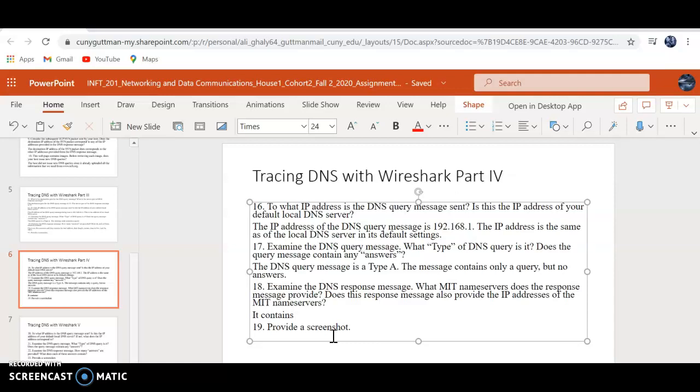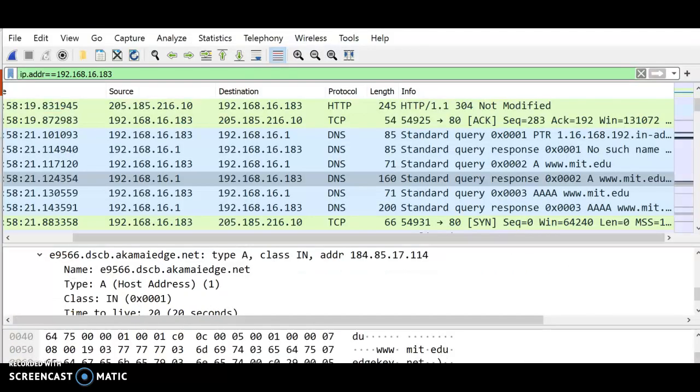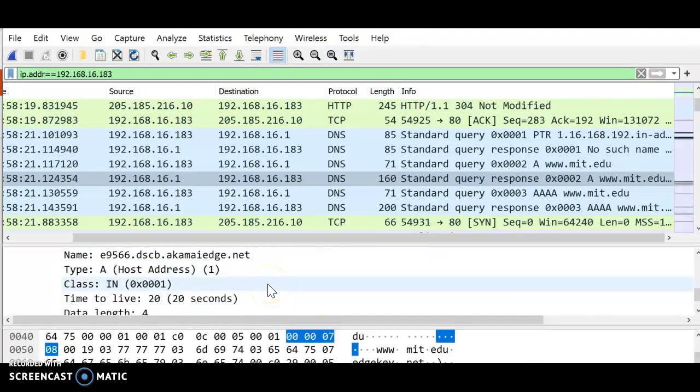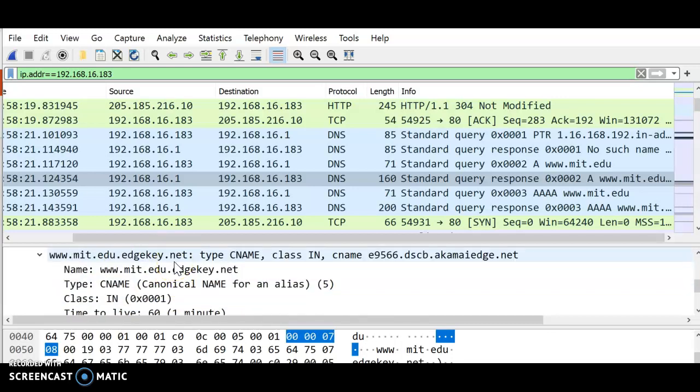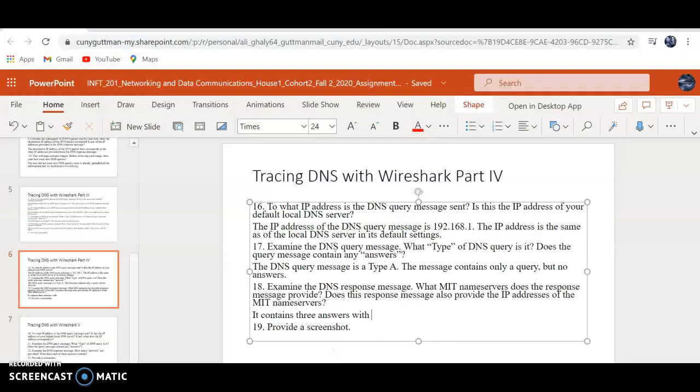So it contains three answers with the type of query, the data length, the time to live, the class, and the name and the host address. So then we write